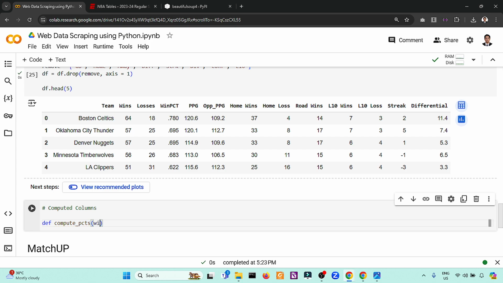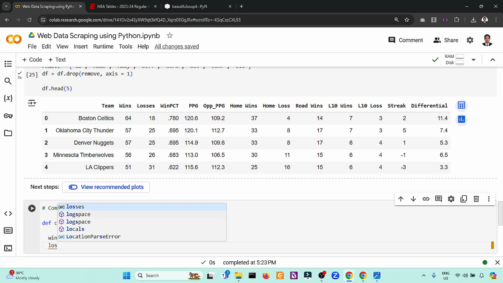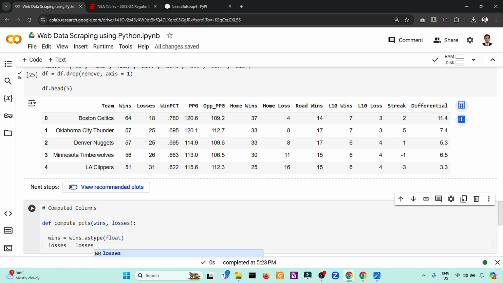PCTS, the winning percentage, will provide the wins and the losses. So the wins is equivalent to wins dot, to make sure that this is numerical, we say wins dot as type float, and the losses is equivalent to losses dot as type, which is also float.